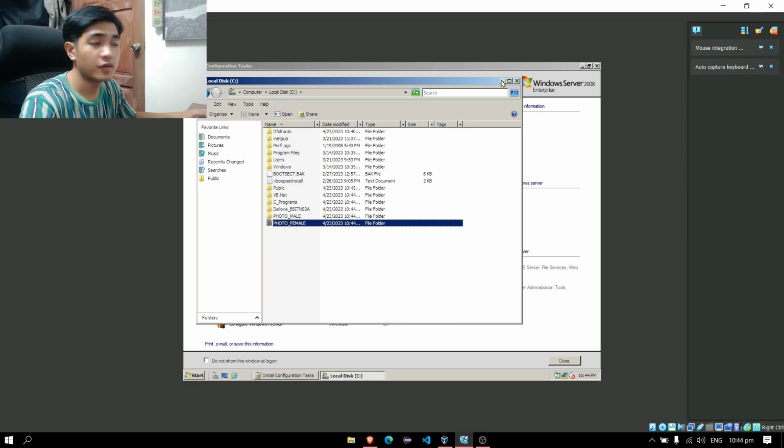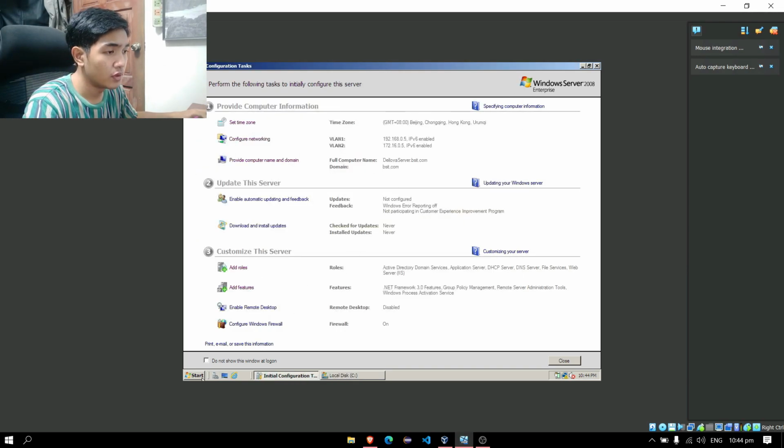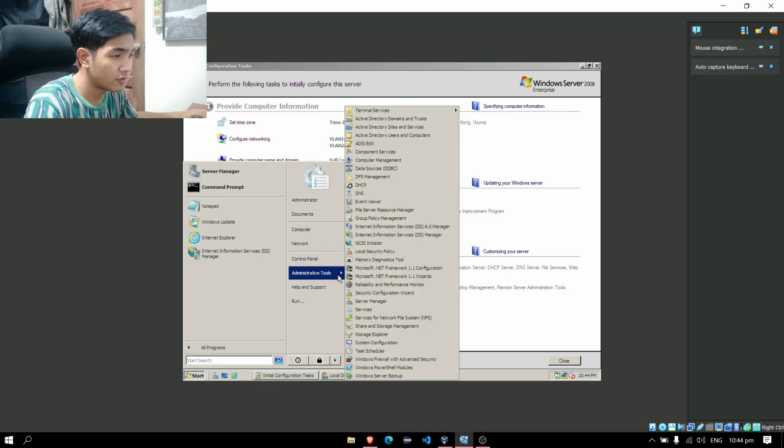Once we've created our folders, next we're going to go to the administrative tools